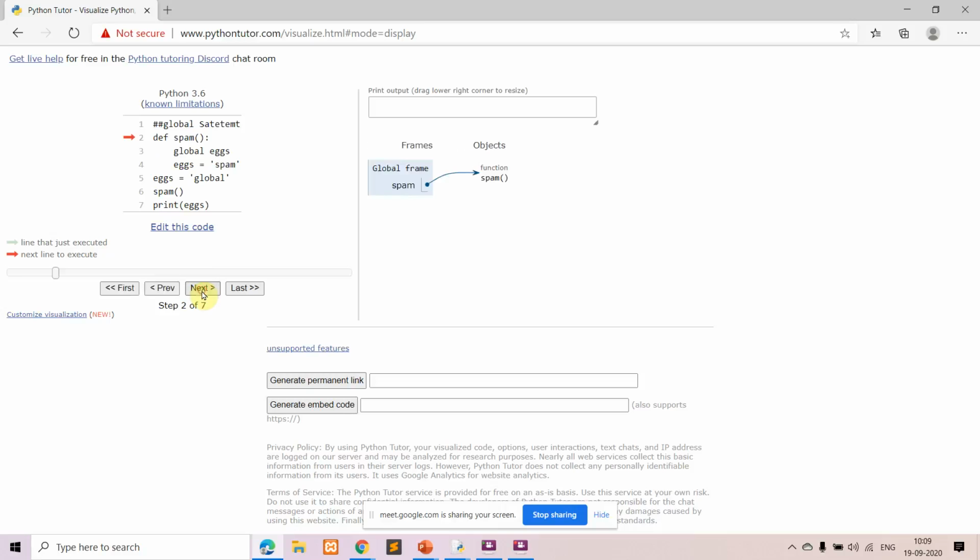This is just a definition, so it is not going inside the block here. The body of the function is not executed yet. The next statement that will be executed is this. You can see in the global frame, you have just the definition of the function named spam. Then the next thing is that you have a global variable called x, and we initialize that with the string global. Now the next thing that happens is the function spam is called.